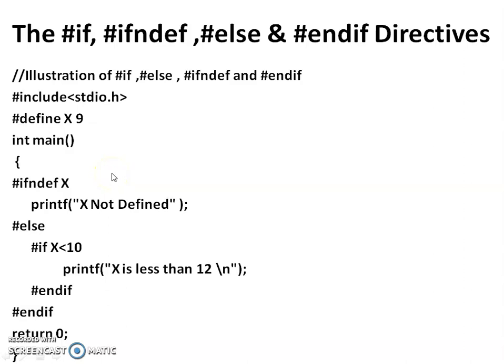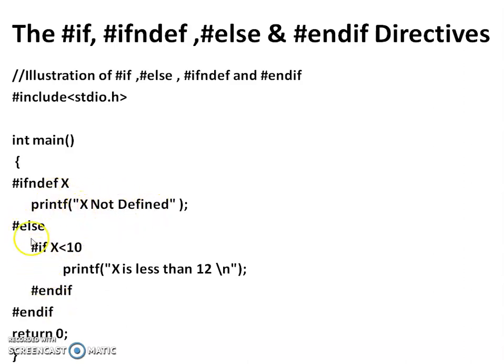A simple example that I am trying to quote of how these compiler directives can be used inside the program. So let's go ahead with the output of this program. I am not defining the x value. This is what I wanted to justify my case here. If not defined x, in this case the macro value is not defined for the x here. So in this case this is true. If not defined x, okay, x value is not defined. So according to that, it is going to print x not defined.